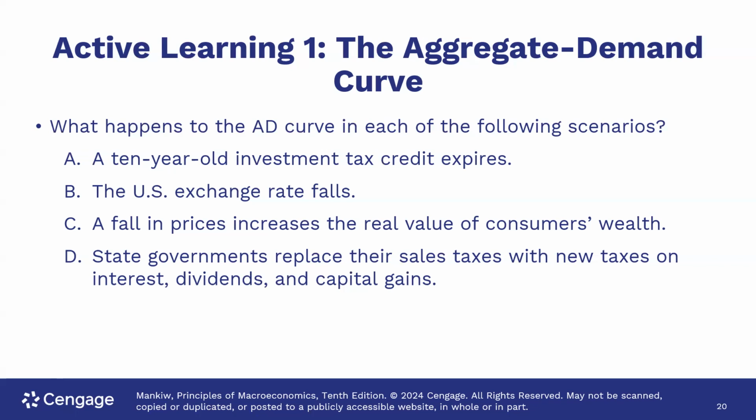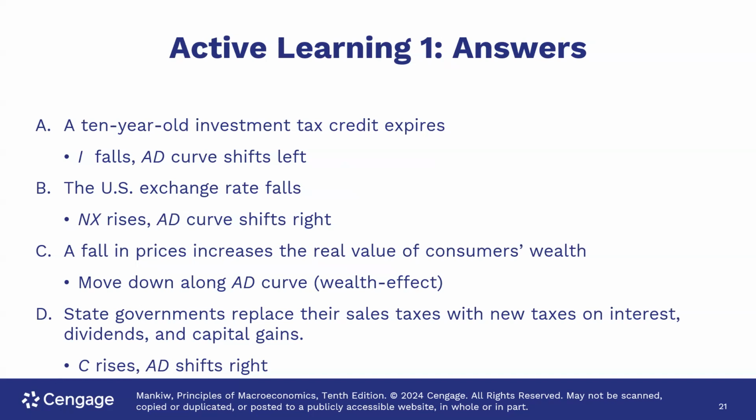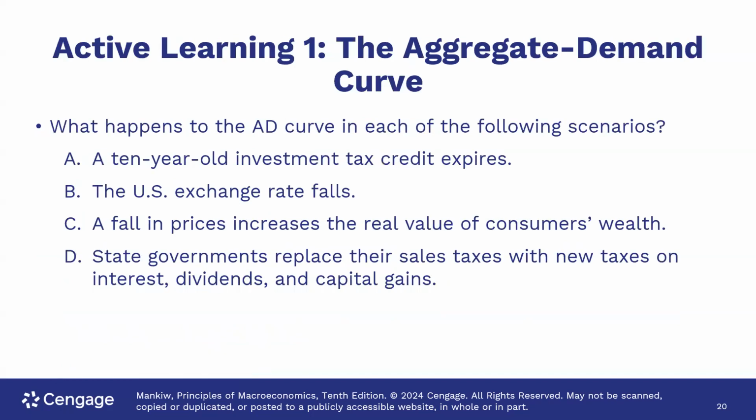So if there's no sales tax, the consumption will increase because all those consumer goods will have less tax. The sales tax is a tax that you need to pay when you purchase all those goods and services,